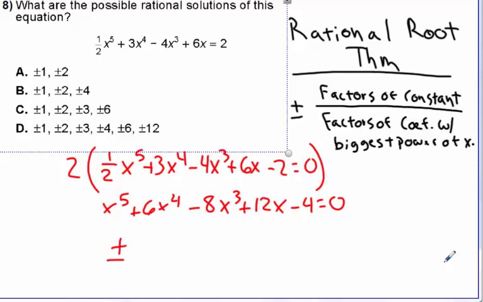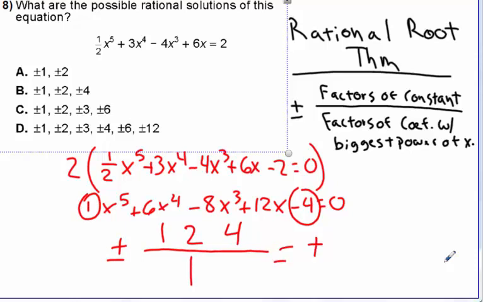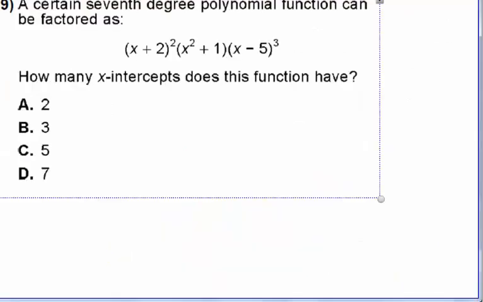So the factors of 4 are 1, 2, and 4. So we write those on the top. The factors of 1 is just 1. So we have plus or minus 1, plus or minus 2, and plus or minus 4. Those would be the possible rational solutions for this. The answer would be